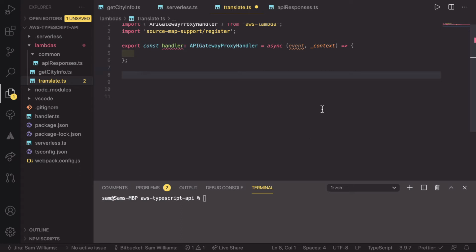What we're going to be doing in this video is allowing users to hit this API at least, with a body which has a text and a language on it. We will use Amazon's translate and then return back the translation. So to start that, we first need to get that body. So const body equals